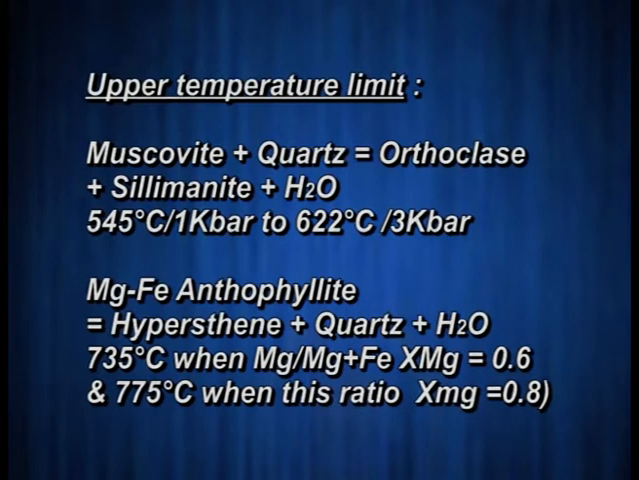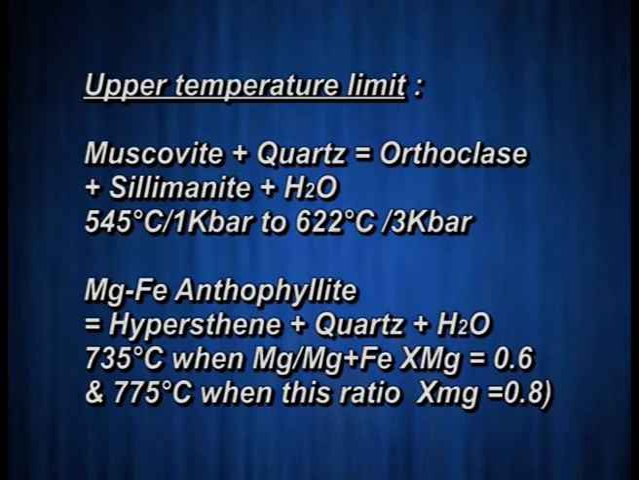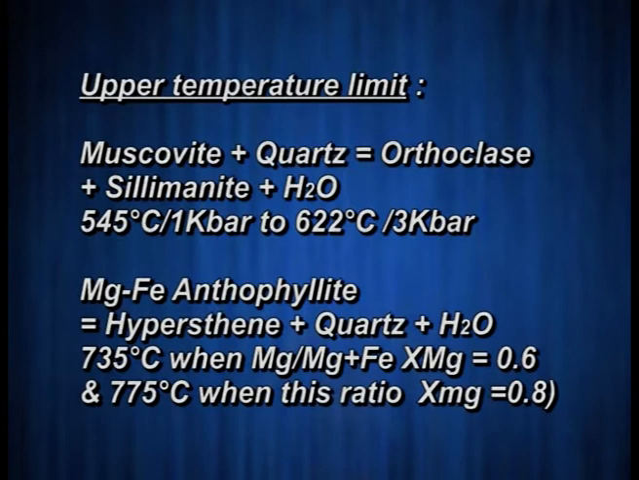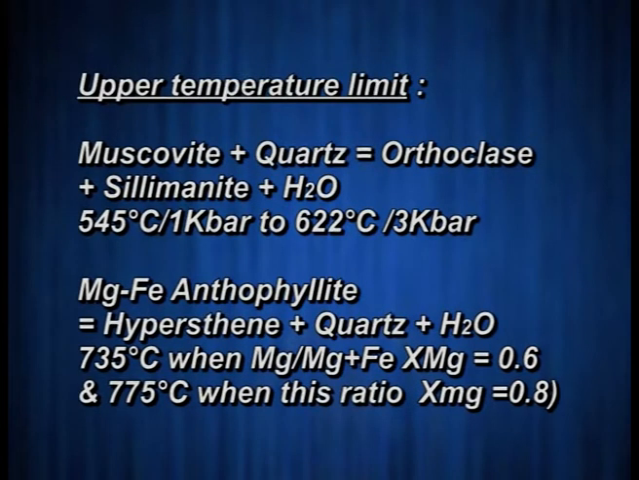at 735 degrees centigrade when the Mg/(Mg plus Fe) ratio, that is XMg, equals 0.6, and at 775 degrees centigrade when this ratio equals 0.8. Mg amphibole gives rise to enstatite plus quartz plus water, which occurs at 745 degrees centigrade, 1 kilobar, by Greenwood